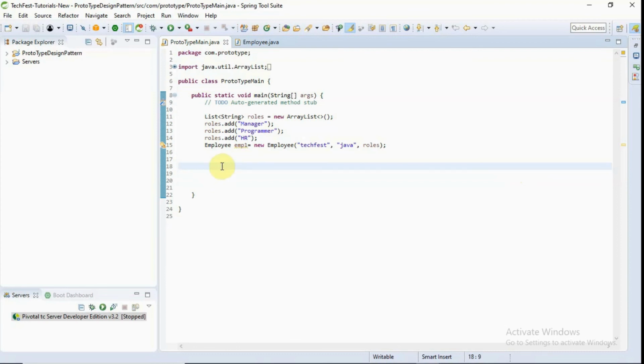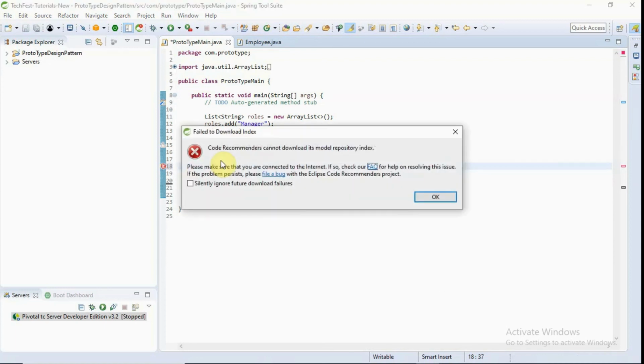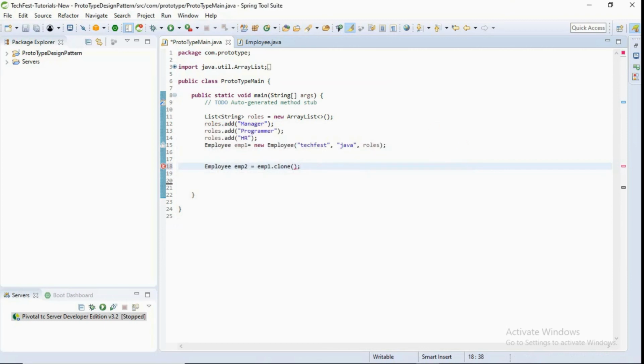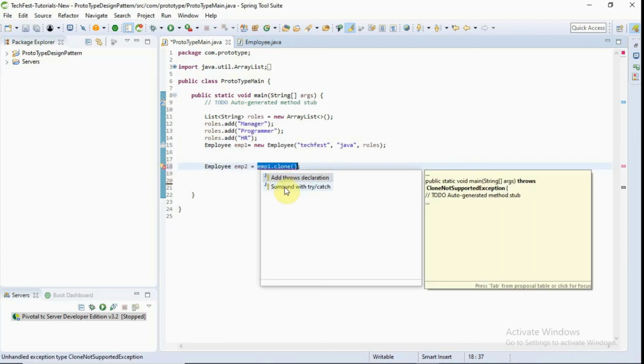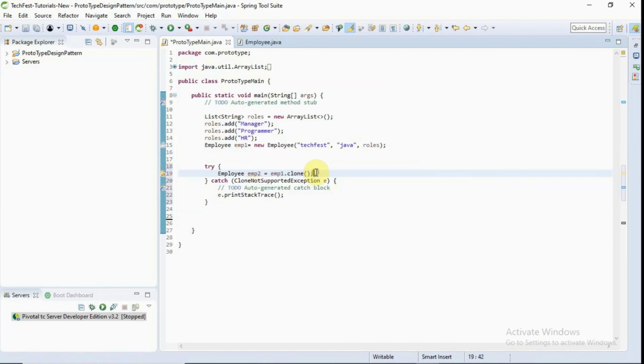Here we will create another reference called emp2, and we will take a clone of emp1, putting it in a try-catch block.